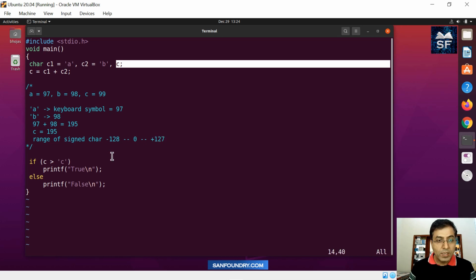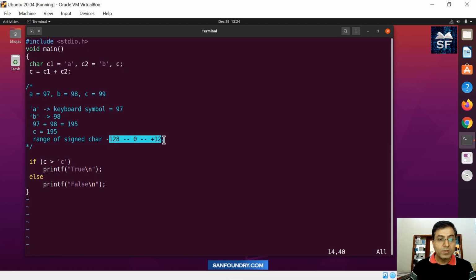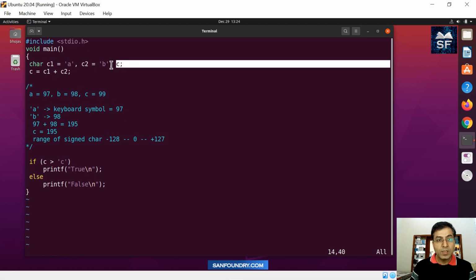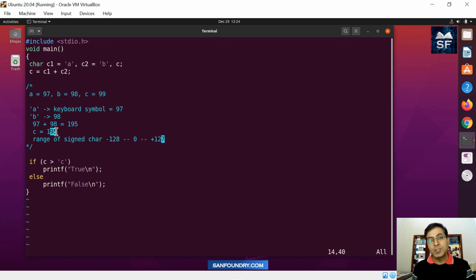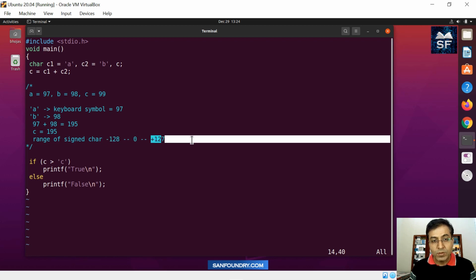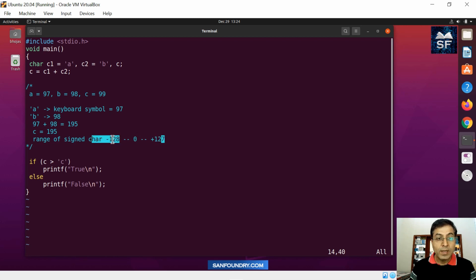So what you see here is the range of values which we can store in a character data type which is signed. You can only store this. If you're trying to store 195 there, eventually it's an overflow. An overflow will fall back, and it becomes some sort of random negative number. You don't have to worry what it is, but it's an overflow situation.